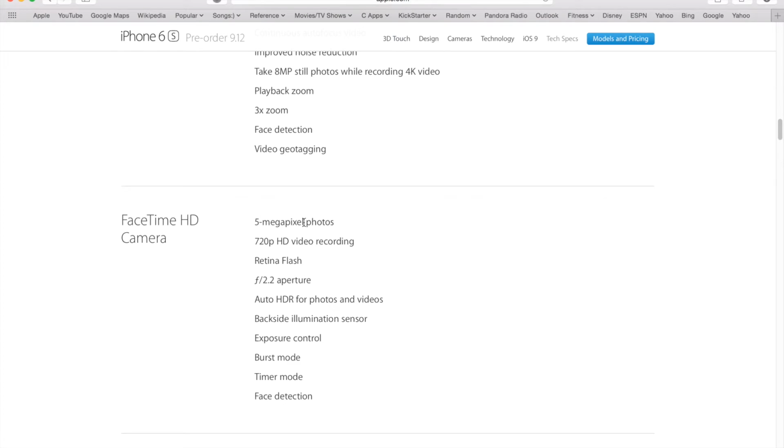It's got the 5 megapixel selfie camera. Let's just call it selfie camera. I don't even want to call it FaceTime because most people just use these days their cameras for selfies. So this is a huge improvement because I believe the last one was like 1.2 something megapixels or 2 megapixels, something like that. So this is a big improvement that Apple has made to the front camera,